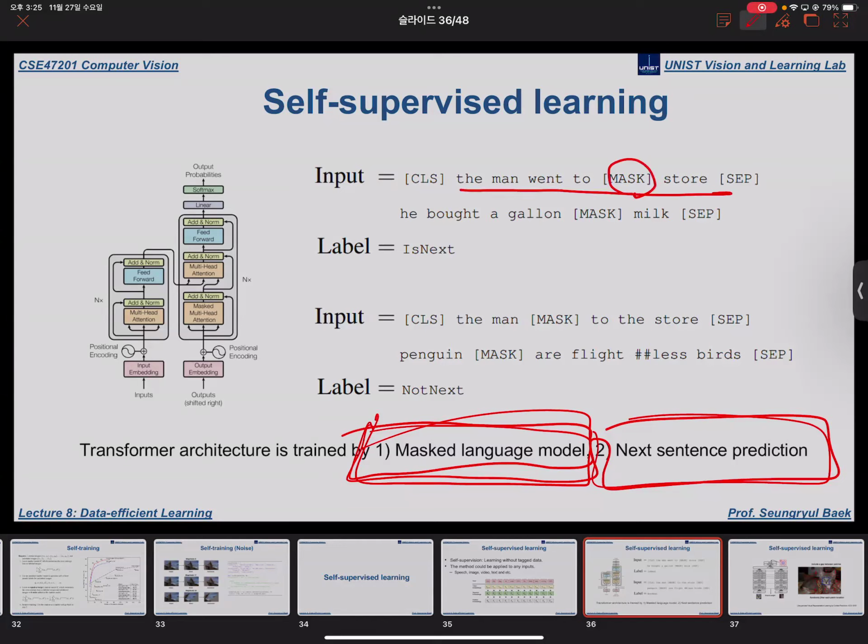The first one, the masked language model: they are always using two sentences. The man went to, originally there was a word here, but they mask it. He went to, I don't know, store, but this is masked. And the next sentence is he bought a gallon of something masked, milk. Originally there were two sentences without these masks, but by applying these masks,